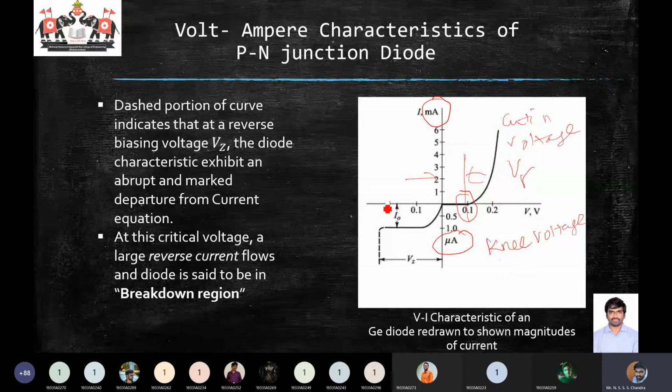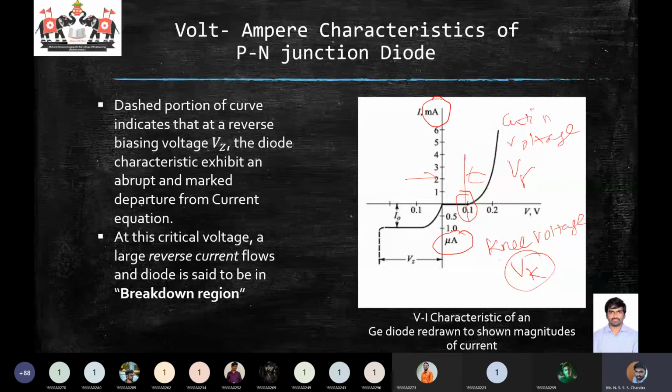It is also represented by the term Vk. Depending upon the textbook that you are browsing, different terms might be used, but usually most books call it the cut-in voltage. When the voltage is less than the cut-in voltage, your forward current is very small. Once the voltage crosses the cut-in voltage, your current starts to rise exponentially and will be limited only by the external resistance in the circuit.